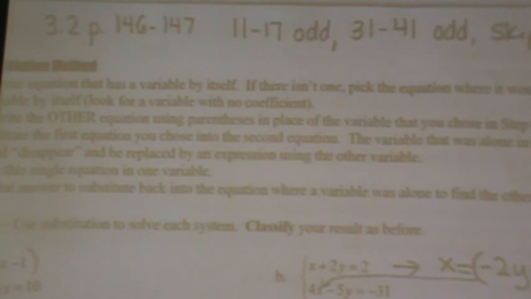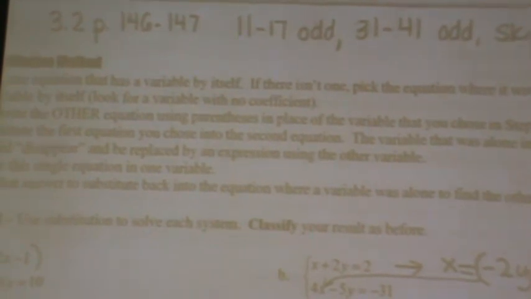It's page 146, 147. You're only doing the odds 11 to 17 and 31 to 41. I want you to copy the problem down and skip 37. The answer's like 19, 17, something like that. But I'm going to put the book up and you guys can